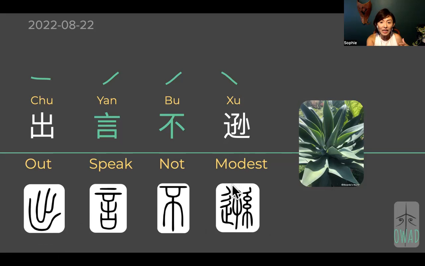Like each individual one is already an abstraction of something from life, right? Like this plant, this, right? And these three are images from something, and then they combine together to create a second, derived meaning from the original symbol. So the left one is a symbol for walking, and we talked a little bit about